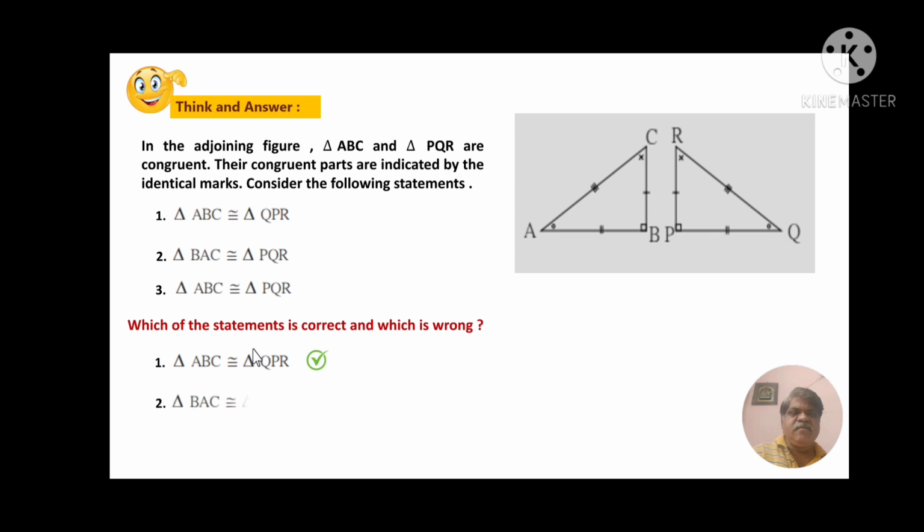Similarly the second, this one angle BAC, B is with P, yes it is right, A is with Q, it is also right, and C is with R, it is also right. This statement is also right. Here in the third one, A is in one-to-one correspondence with P. A is with P, it is not possible. P is 90 and A is a circle. Therefore, if one is not matching, the correspondence itself is wrong. Therefore, in this way, we cannot say these two triangles are congruent. Only these two vertex orderings, if we consider them, give congruent triangles.